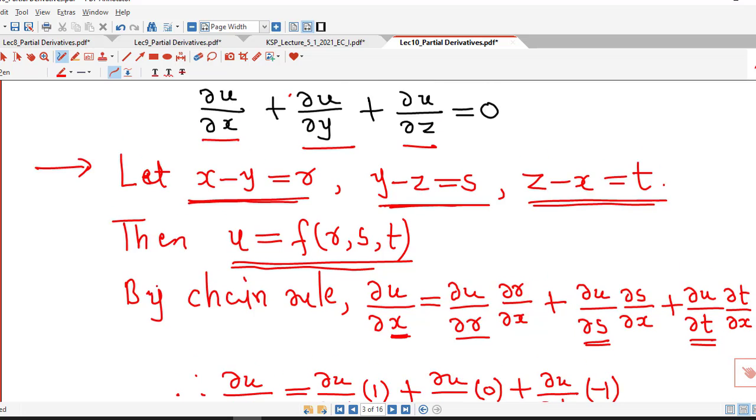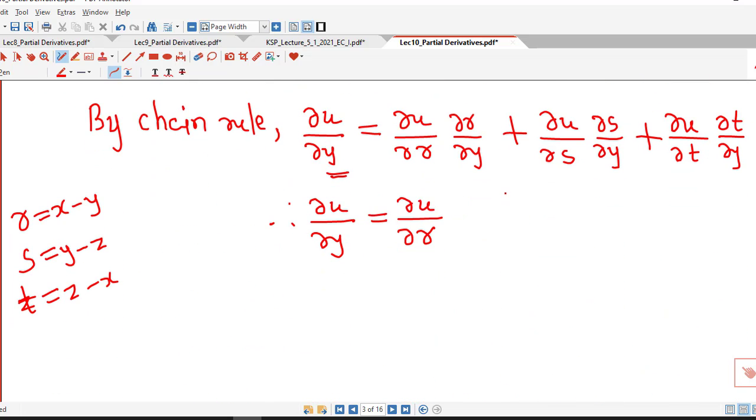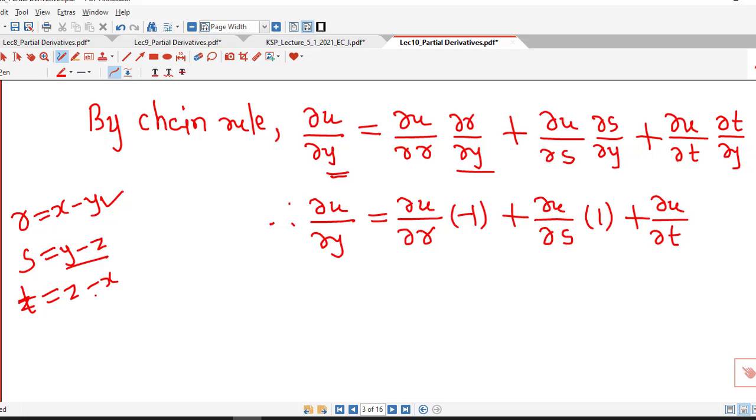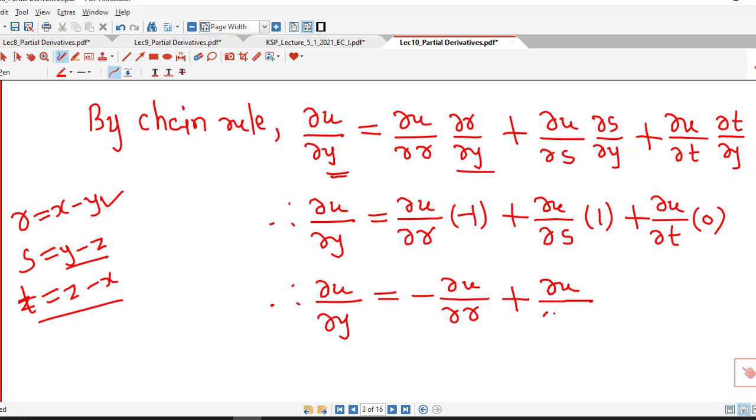Let me check again, x minus y, y minus z, z minus x. So we can find del r by del y. Here it is 0 minus 1, that is minus 1, plus del u by del s times del s by del y, which is 1 minus 0, that is 1, plus del u by del t times del t by del y, which is 0 because there is no y in the formula for function t. So therefore the partial derivative of u with respect to y is minus del u by del r plus del u by del s. We give this number 2,